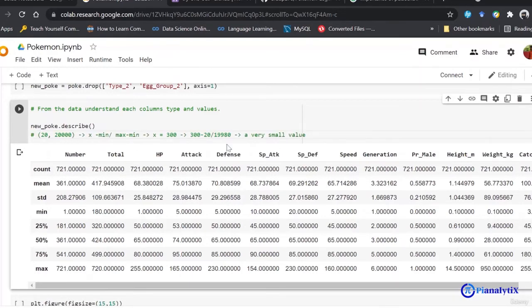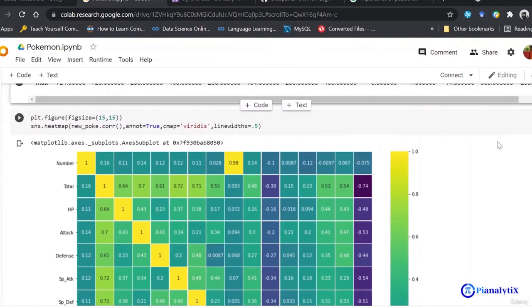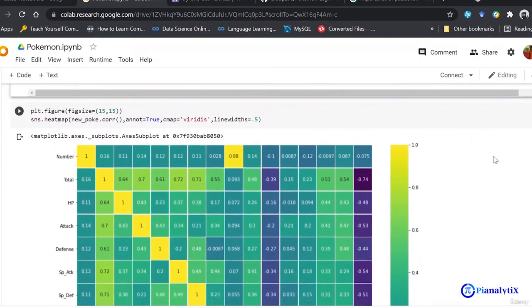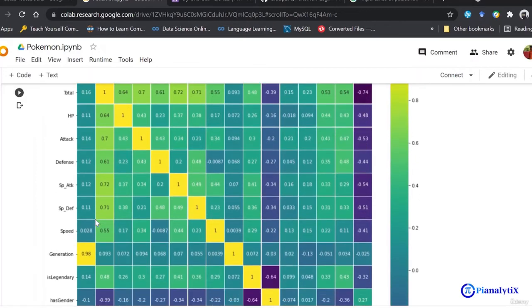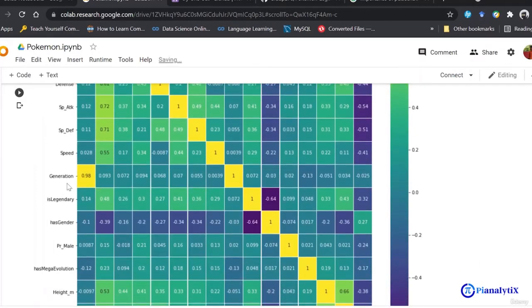Now we move forward and look at the correlation graph. The next thing is a visualization of the correlation graph of all the integer values. You can see the integer value holding columns: number, total, HP, attack, special defense, speed, and generation, since generation holds values from 1 to 6.